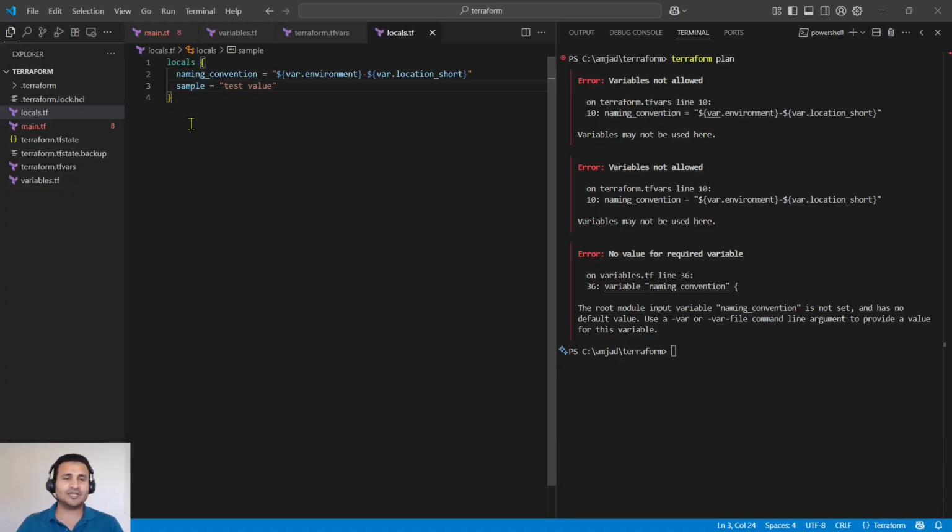Pros is you can refer one variable into another. You can even refer one local variable into another one. So let's assume I do have a variable called sample, and I wanted to put some test value and use another local variable here as a suffix or prefix. So in the same way of interpolation, I can use it, and to use the local variable, we always do local dot, not var dot, but local dot, and this naming convention